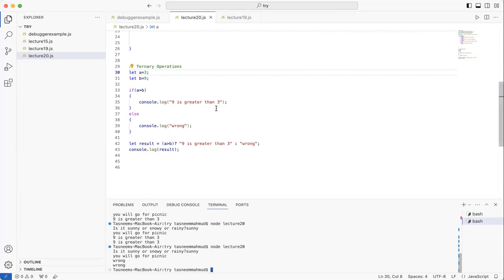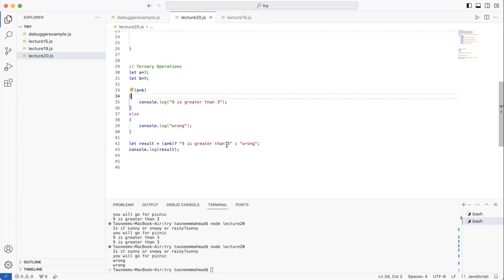Okay, line 42. So the whole idea is we are going to check if A is greater than B. Does this part make sense? We're checking A greater than B. Why the question mark? Because it's actually a question, right? We're checking if A is greater than B. Now, if A is greater than B, we go for the first option, which is this statement over here, that 9 is greater than 3. Is that so far clear, Habiba?